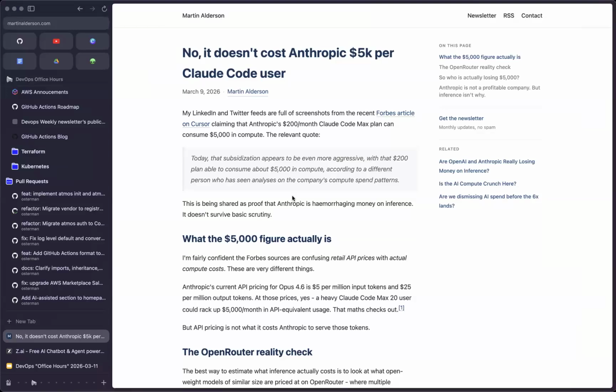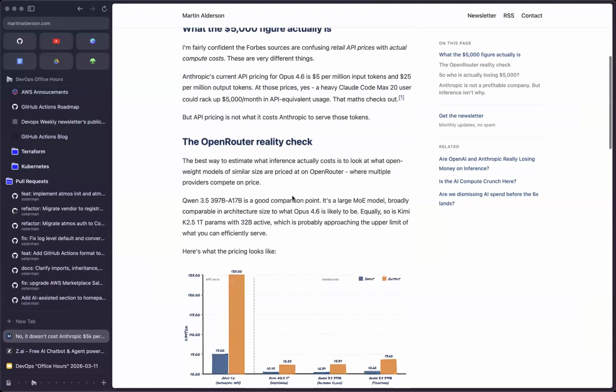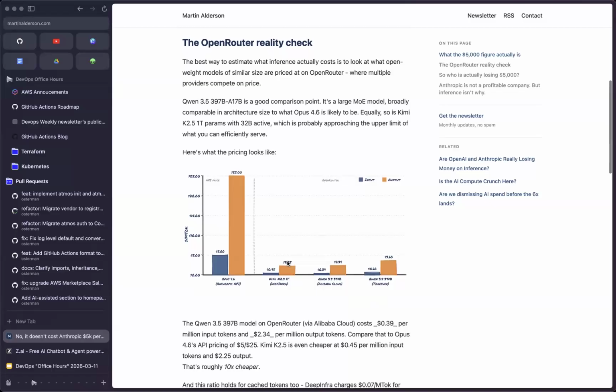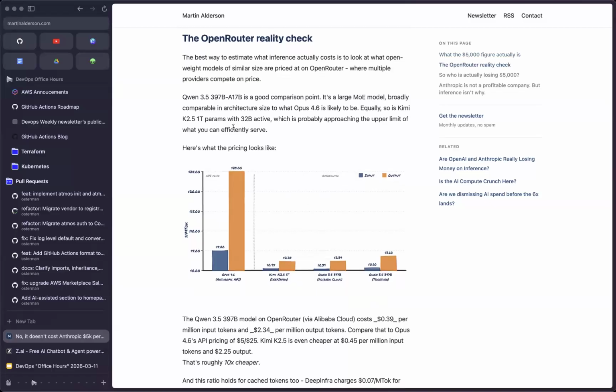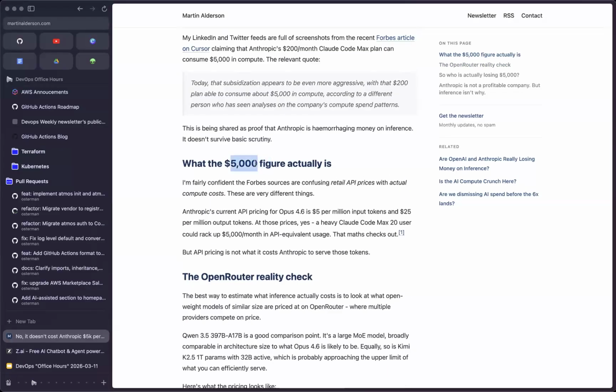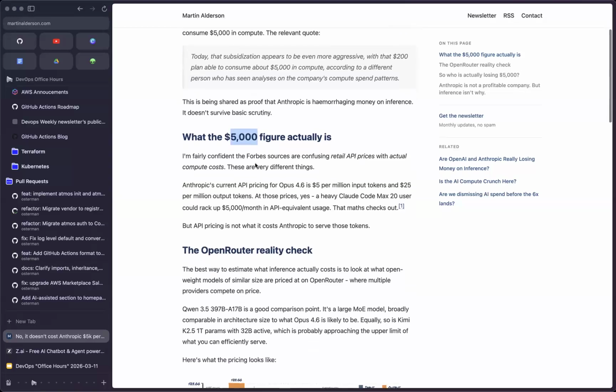But this was an interesting way of analyzing what their potential margin is, because operating one model versus another, I'm guessing, isn't that much more expensive. And if you look at the pricing of models like Z AI, their price is so much less than the token price of Anthropic's models. So I think the mistake that was made here was that people expected that the retail price is what they're losing, and it's not.